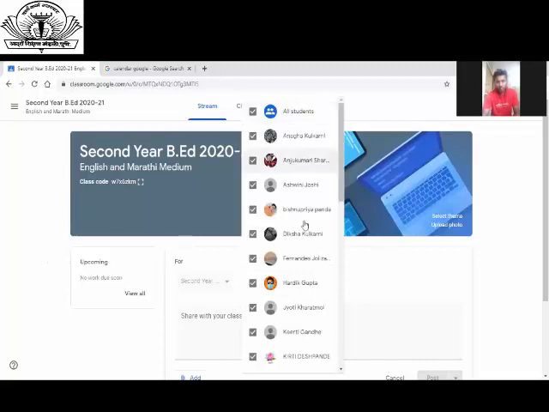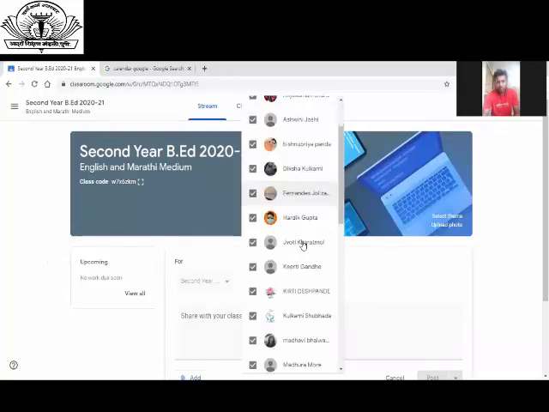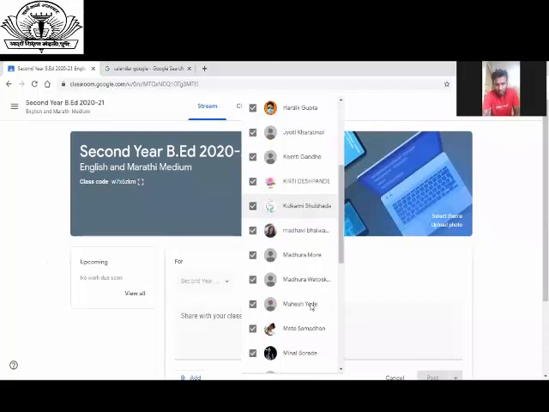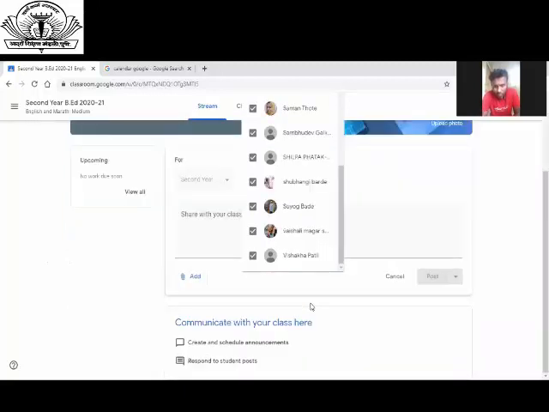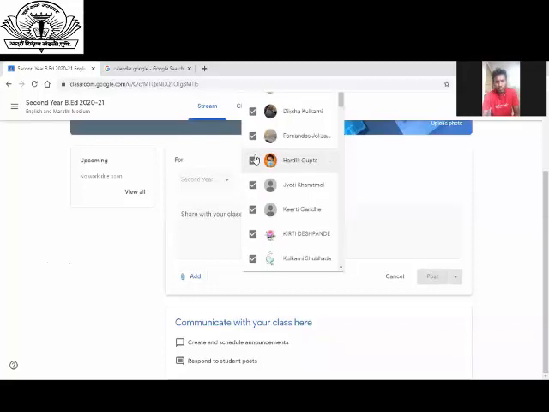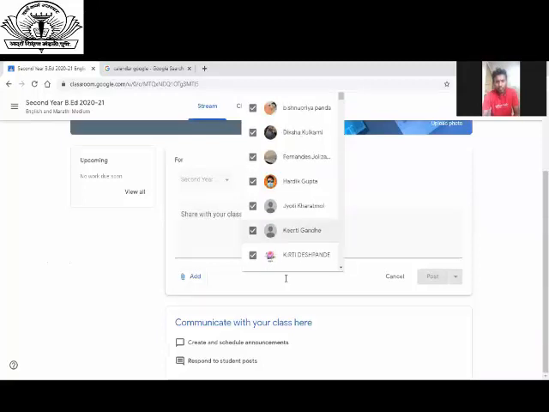These students are now added in our classroom. If you want to announce only to 2 or 3 students, you can select 2 or 3 particular students and share the announcement. If you want to announce to every student, select all students. It's up to you whether to select everyone or selected ones.